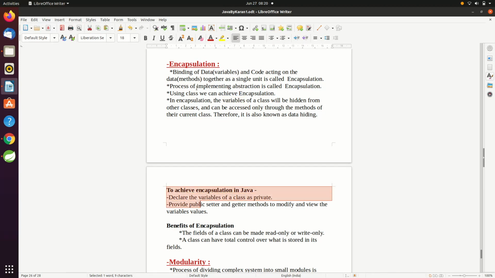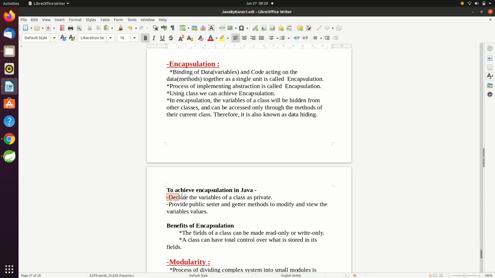Here comes the question: how to achieve encapsulation? We have two following points. By implementing these points, you can achieve encapsulation in Java. First is to declare the variables of a class as private, because you need to hide data, and that is what encapsulation is about, hiding of data.